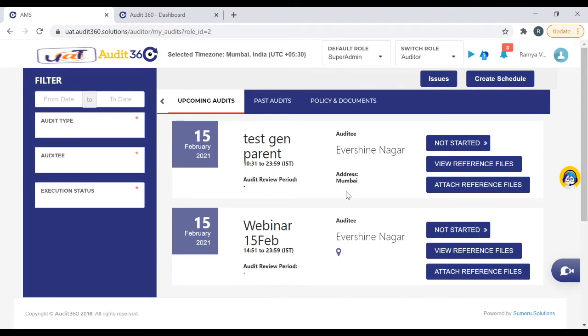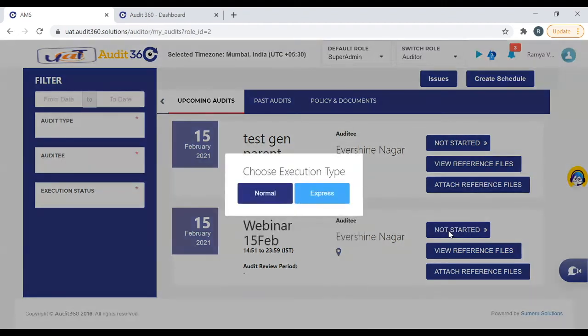Now we saw that the schedule has been created by the supervisor, and the supervisor can also attach the audit reference file, and even an auditor can also attach the reference file. When you're executing the audit, sometimes, based on the observation, we may have to quote the issue with the reference file. I have a process document which has been reviewed, and based on that I have found a non-compliance, but I have to tag that particular document stating that based on this document, this is non-compliance. That is made possible in the audit reference file. So let us get the audit started to see how that functionality works.